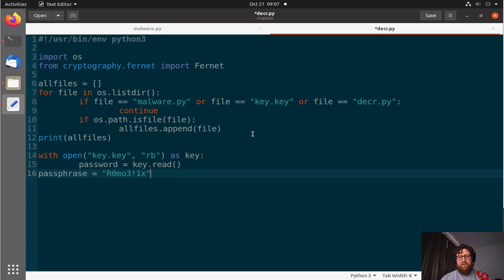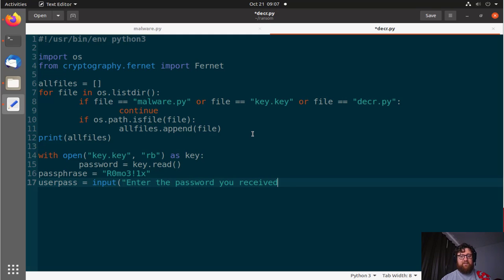We are going to compare now, because we are going to say user pass. The user is going to input and enter the password to compare, right? So enter the password you received from us, or to decrypt the files, whatever you want. Now we have to compare this. If user pass is equal to passphrase, then